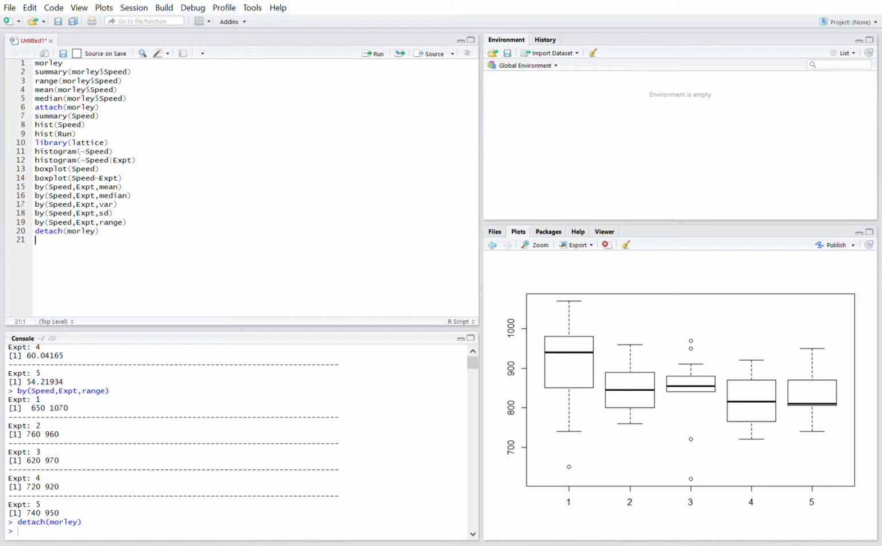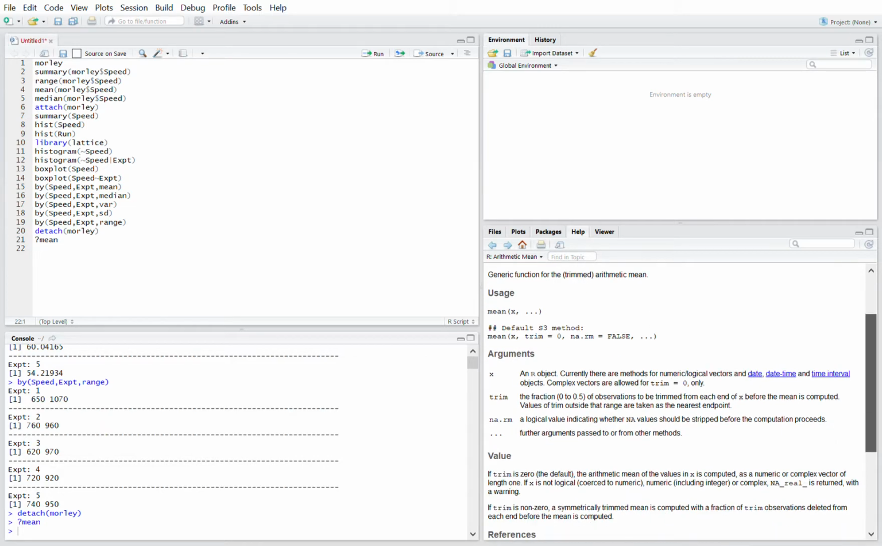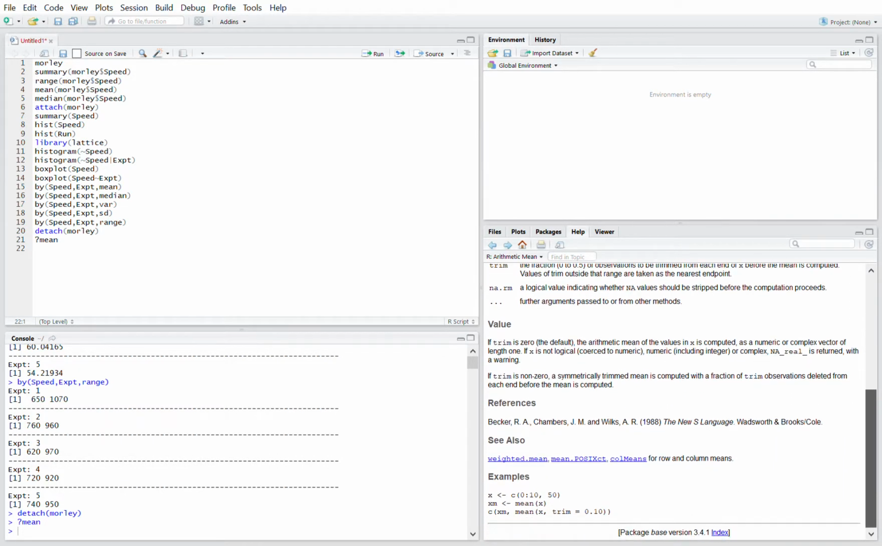So I sort of flip-flop between the two. Now, if you have a question on something, like how do I use the mean function, I can type question mark mean. Oops, I didn't run that. Where's the run and enter? Then it tells you how the mean function works. There are all sorts of defaults. The thing you have to watch out for with the mean function is if